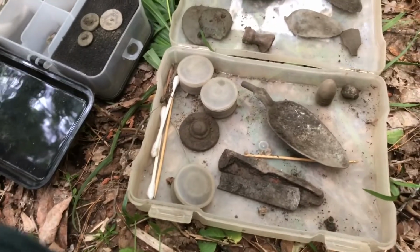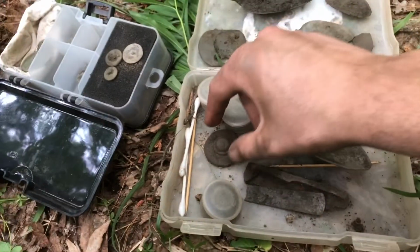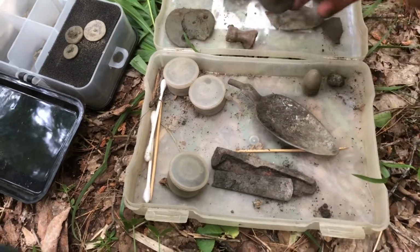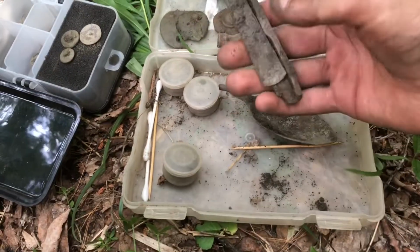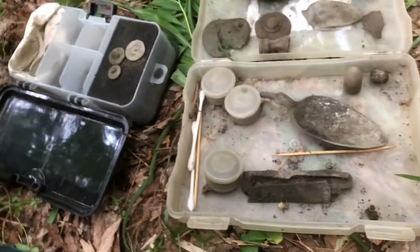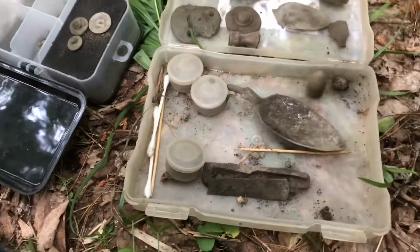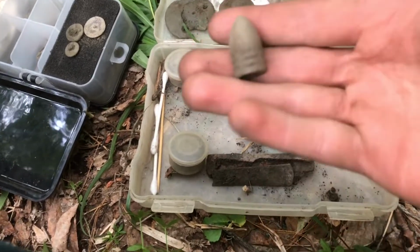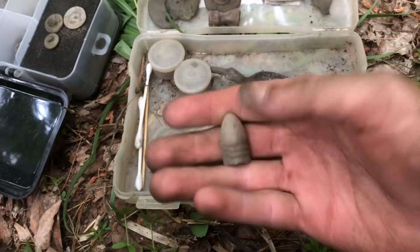I thought that was going to be a copper or big silver. Got like 88, 90. I got what we started out with, this nice little horse rosette, that folding knife. Oh, sorry, mosquitoes are everywhere. Small little musket ball, which I didn't get on film, and then relic-wise, probably my favorite relic of the day,